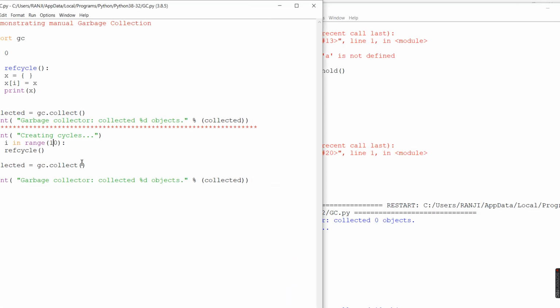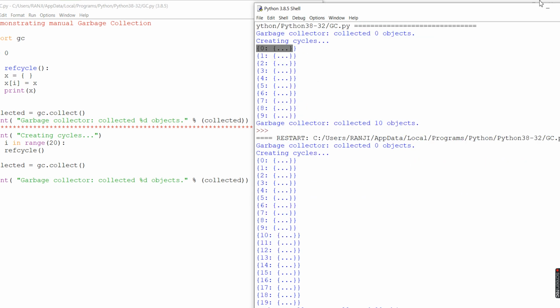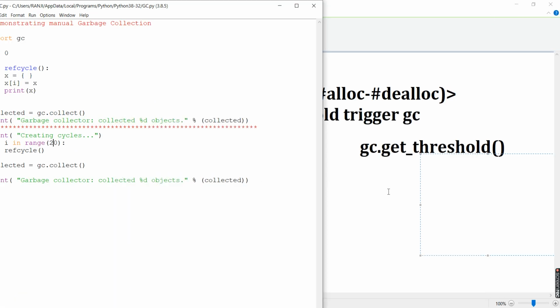If we want to do this for 20 objects, you can do it, and it will print 0 to 19, and it collected 20 objects. So this demonstrates how manual garbage collection works.